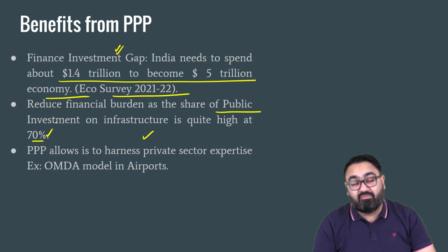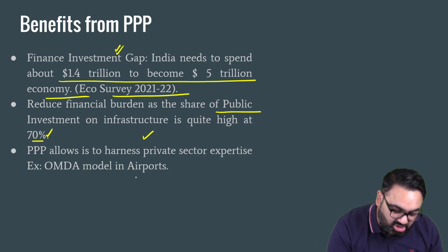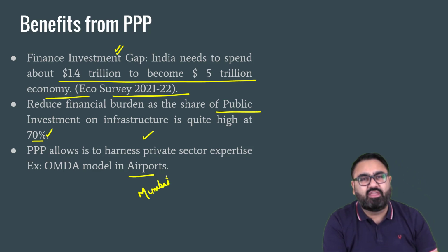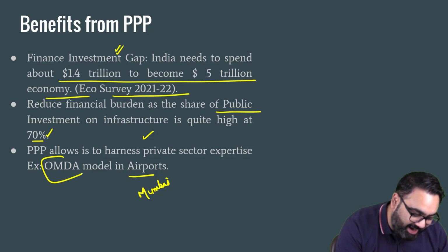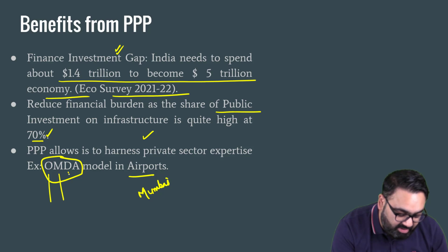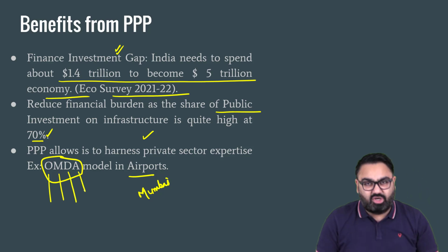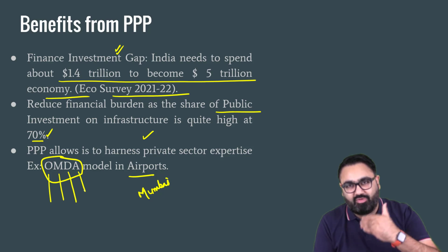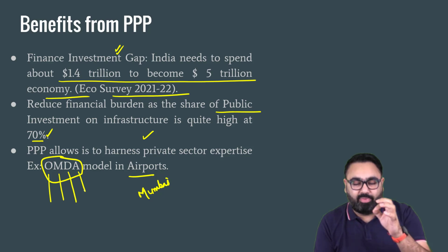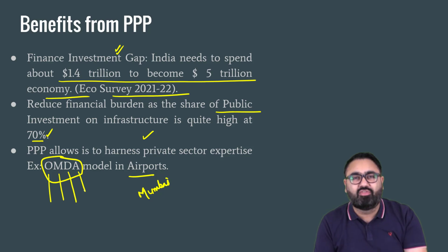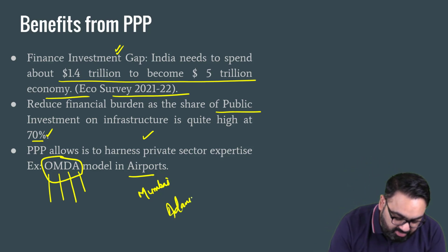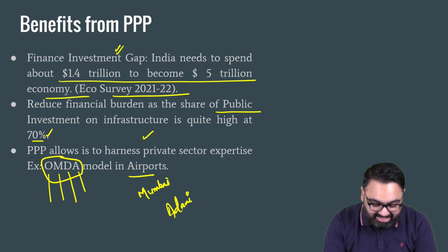It can also help us build world-class infrastructure, as in the case of airports. So, Mumbai airport is a prime example. And in airports, we usually have a model called OMDA. OMDA stands for Operation, Management, Development Agreement. So it's an agreement that the government, for example, would do with a private company that you develop, you are the ones who will operationalize or undertake the operations of the airport, and that is how you will recover your money. So for example, it is the Adani Group with which the government had signed this contract of